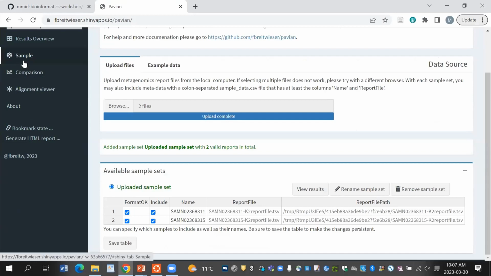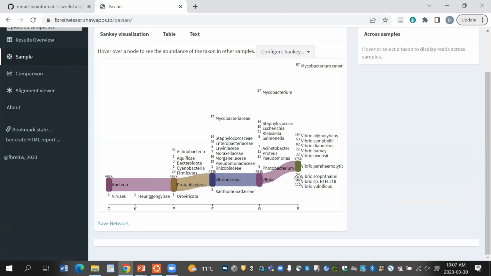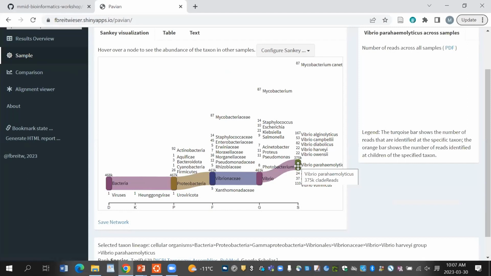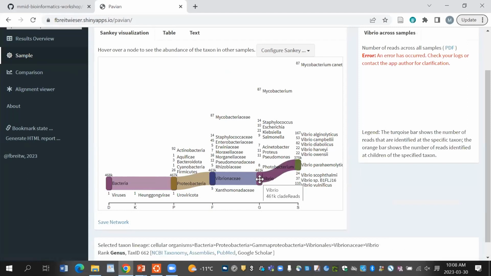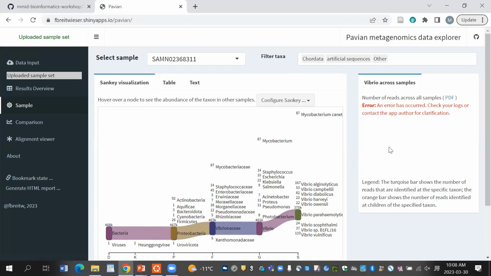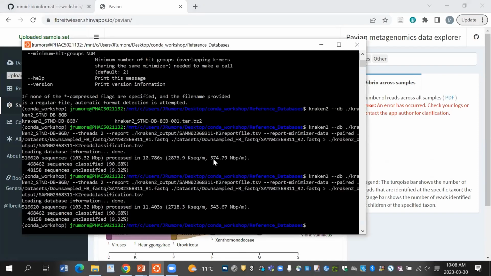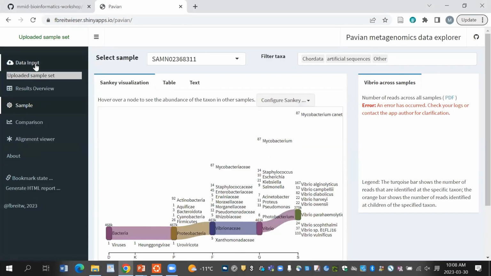We're going to do the same thing. We're going to click on sample. We're going to look at our Sankey diagram now. When we hover, so this was working yesterday, but unfortunately, it might still be running. That might be why. Nope. So when you hover over, I apologize, it's not working today, but when you hover over any one of these